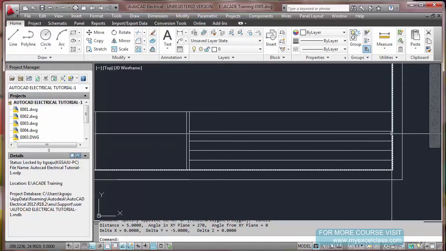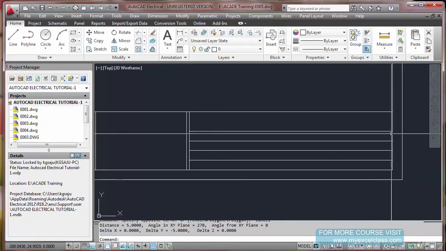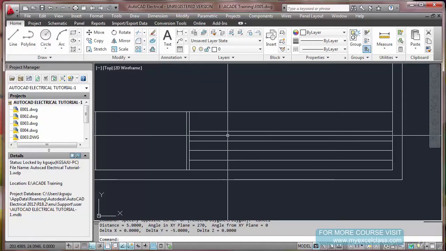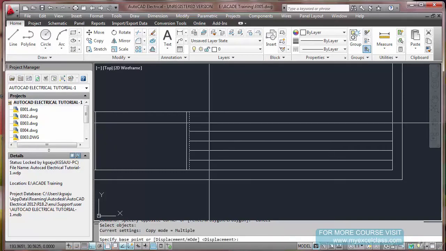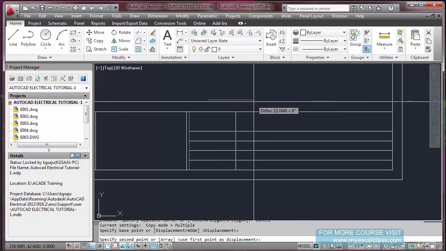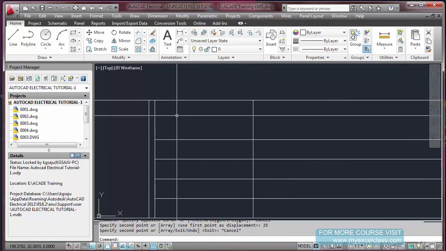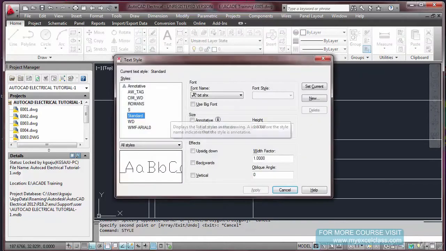The distance and all this nobody is going to measure, but still, being a good designer, you should practice these things. And even the text style, the placement of text, the distance between two lines, there should be some standards always. Now I'm going to make a separation here, say 25 mm, right? Let us first do this portion here, and decide what style of text you are looking for.